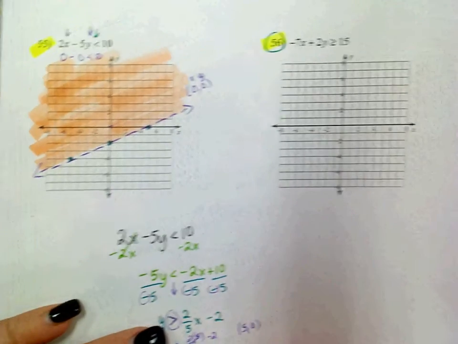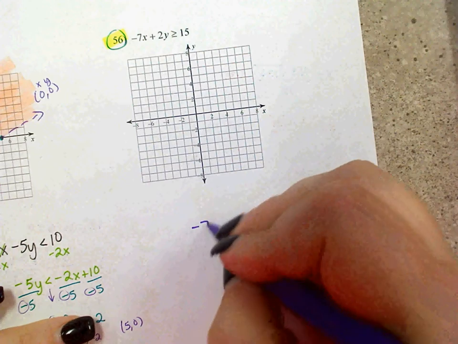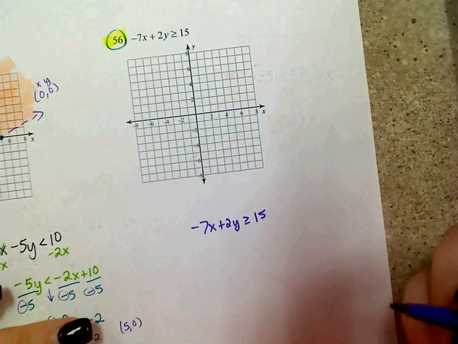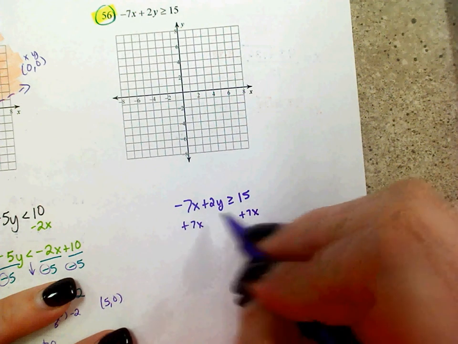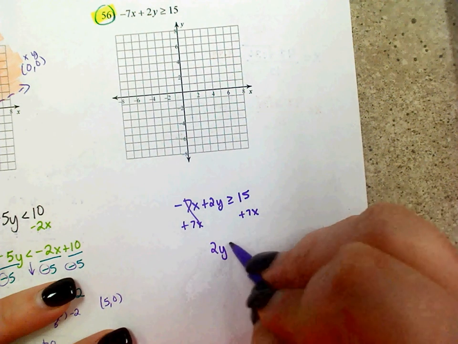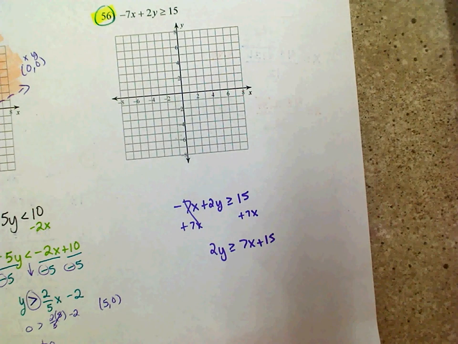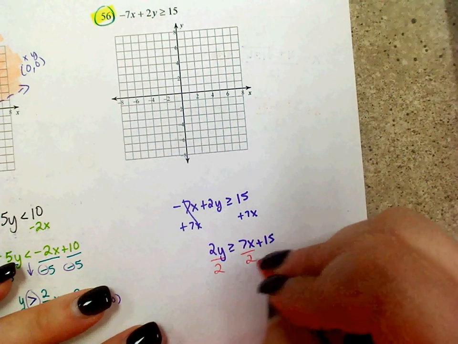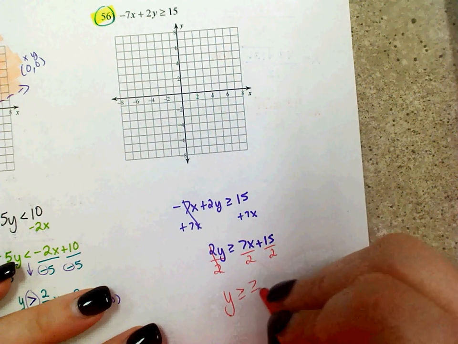Alright, so last one. I've got negative 7x plus 2y is greater than or equal to 15. I want to solve for y, so I'm going to add 7x to both sides, and I'm left with 2y is greater than or equal to 7x plus 15, and then I need to divide by 2. So I'm left with y is greater than or equal to 7 over 2 x